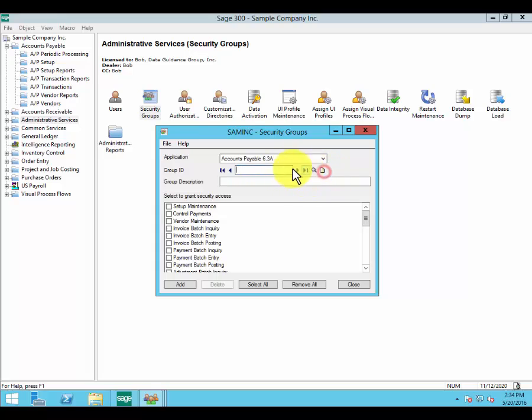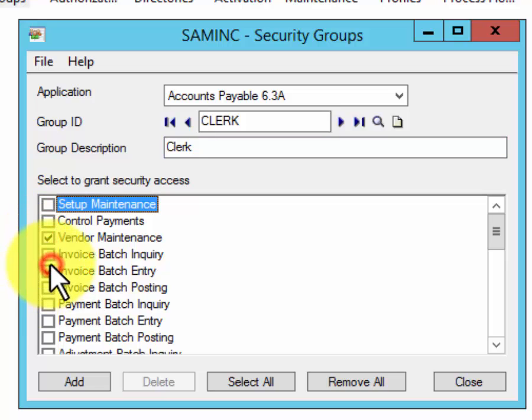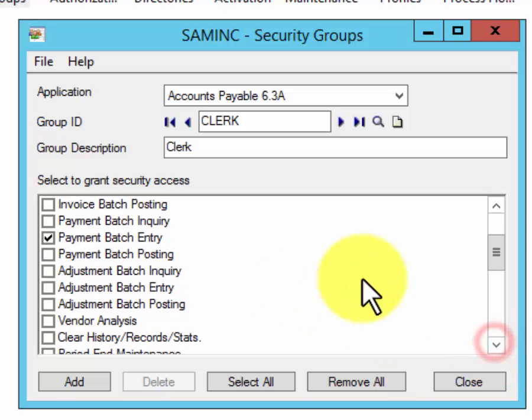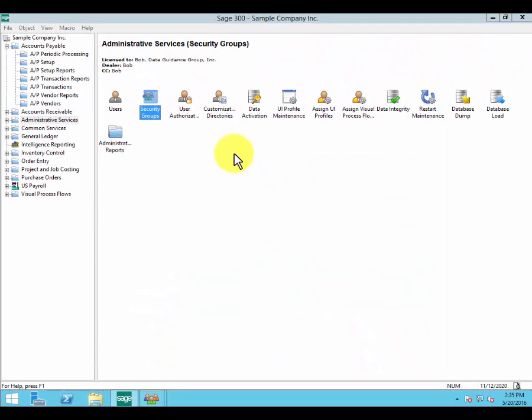And we might create another one called clerk. And in that security group, we might only let them have access to vendor maintenance, batch entry, payment batch entry, so on and so forth,